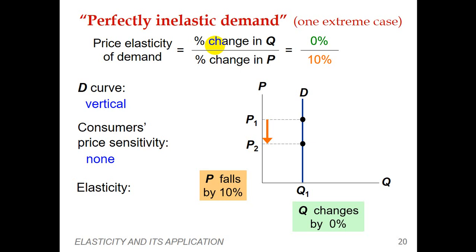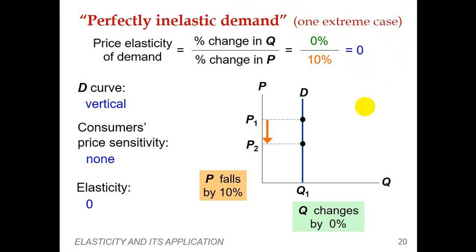So this is the extreme case where you are going to see the words perfectly inelastic or perfectly elastic. These are basically the extreme cases. When you see inelastic demand or elastic demand, they are not extreme cases. So whenever there is the word perfectly inelastic demand curve, that means the elasticity is equal to 0, which means there is no flexibility.